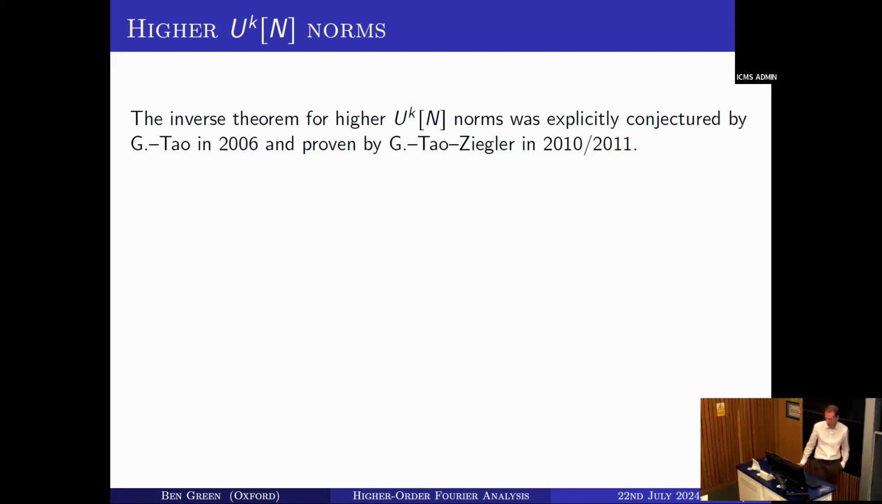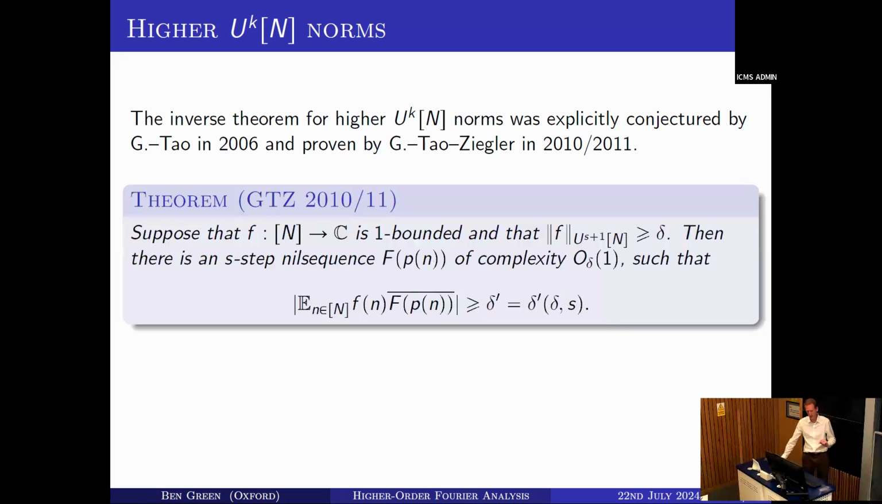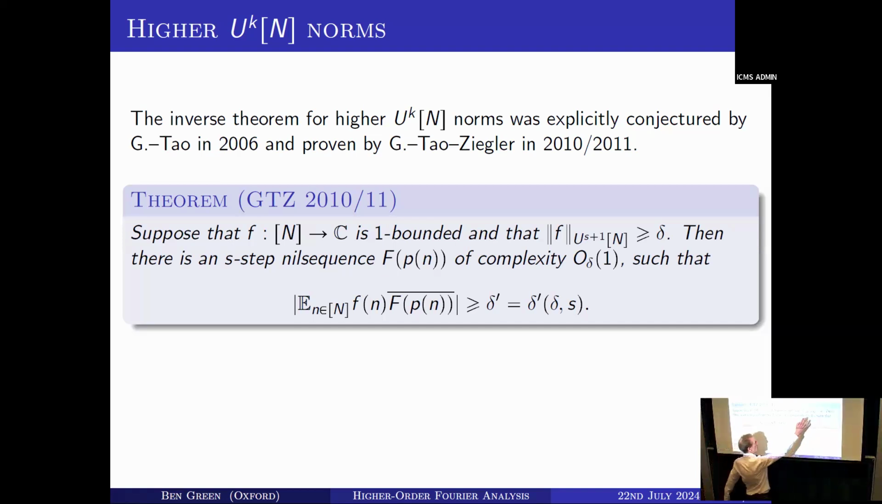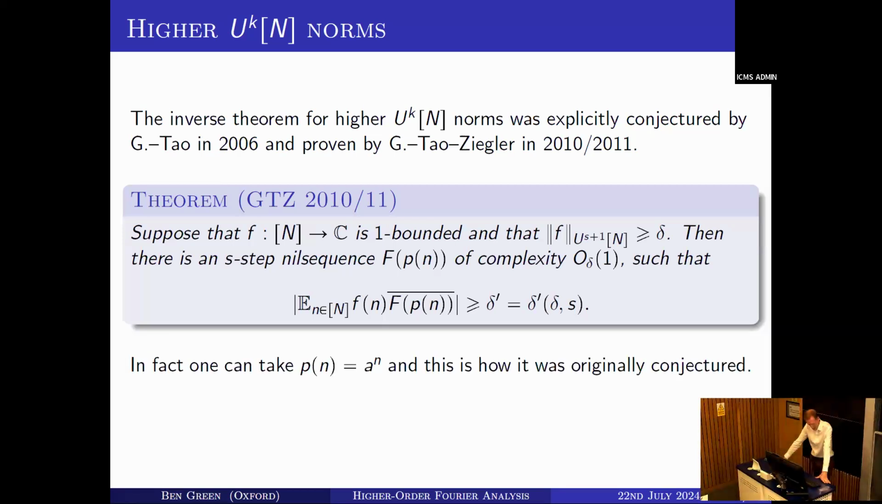And that conjecture was proven by Terry and I and Tamar Ziegler, first for the U4 norm and then slightly later for general norms, about 5 years after that. So here's the statement. It's the same as the statement for the U3 norm, but just with the indices increased. So if you've got a large U4 norm, you correlate with a 3-step nil sequence, and so on. And again,